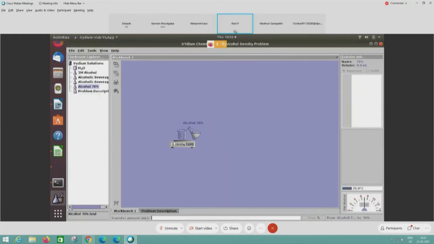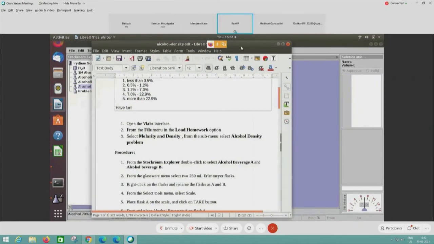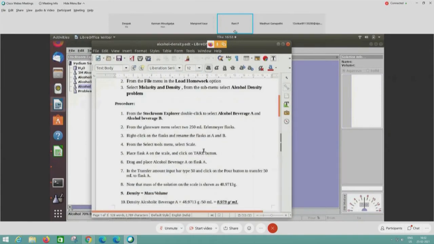So now we see a transfer ml button in which we will transfer 50 ml and press on 4. So we have transferred 50 ml to the beaker. Take down the volume, take down the weight, and write it down, which I have already done here in this document for you.